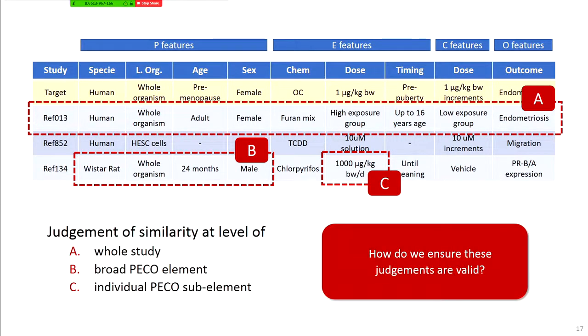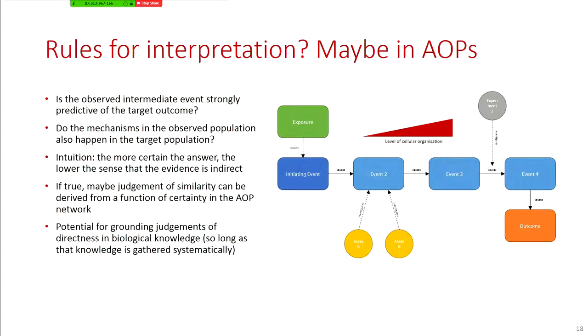The question is how we ensure that our judgments about study similarity are valid, and that's where things get difficult. I'm not going to propose an answer to this. I'm just going to flag that there are a couple of powerful intuitions which are driving the AOP approach to understanding this. If we've got an observed intermediate event, like a biomarker, which we know is strongly predictive of a target outcome, or which we're pretty certain or very certain is predictive of a target outcome,